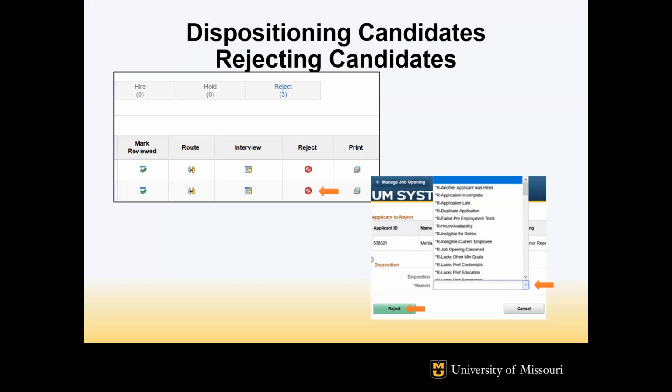You will need to edit the disposition of the candidates to reject for any candidate not moving on to the next phase of hiring process, or any that will not be contacted at all. That being said, say you have 3 finalists and you're ready to make an offer to one of them, you do not need to reject the other 2 until that person accepts the offer, because they might not accept the offer and you might want to go back and make an offer to one of the other 2 that were interviewed.